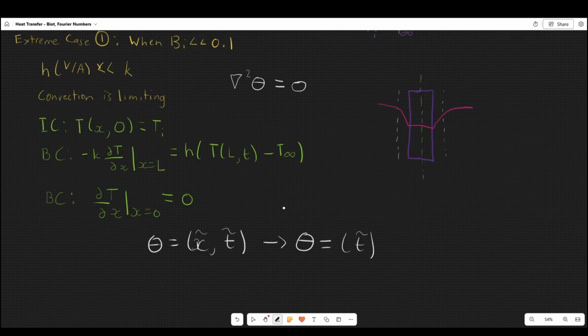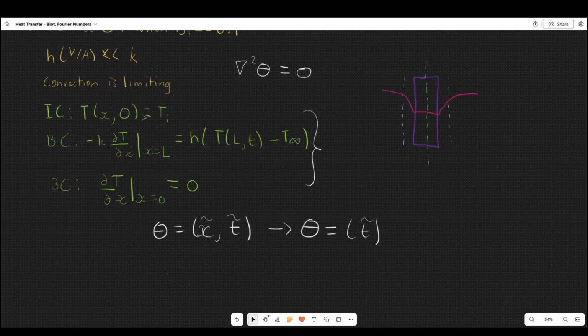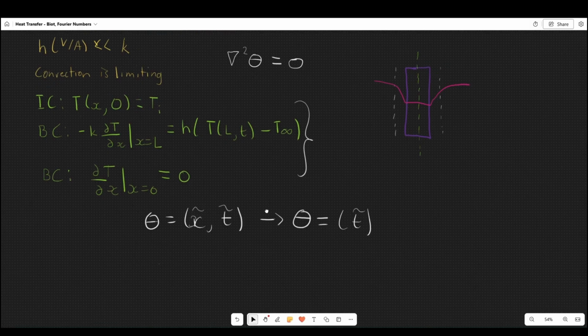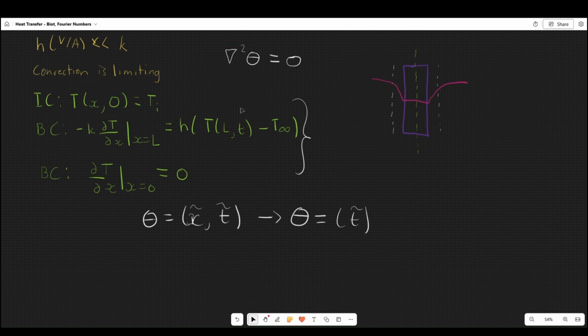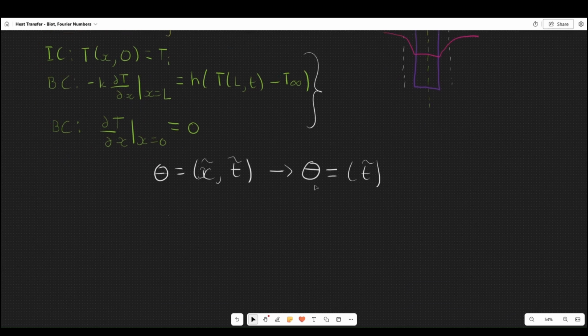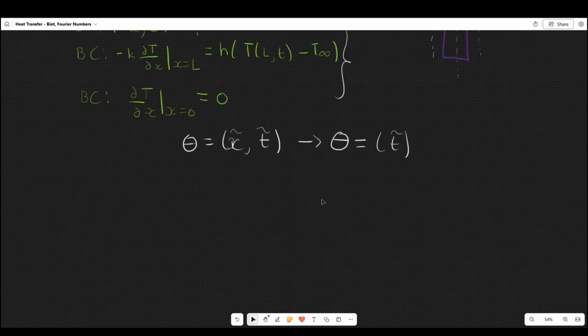If you go through all this, it's pretty simple to do the derivation, but I don't have time in this video to go through the derivation, and it's pretty much the same thing as the fin video. You just apply the boundary conditions and the initial condition to solve for the constant values after taking the two derivatives of this. And so now that we know that the temperature basically only depends on time, we can now